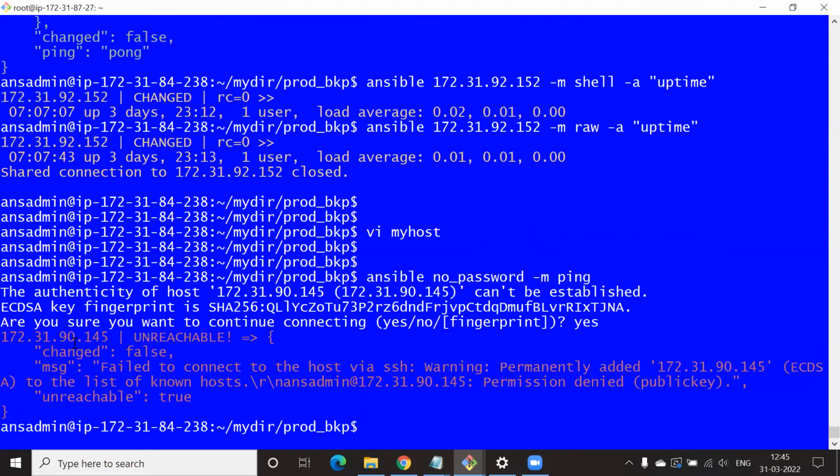Okay, I think the first time we need to give yes. Okay, so now let's see, message: failed to connect to the host, permanently added. And let's see, ansible permission denied, public key. So in other words, we have not set up the public key and the private key. Which we didn't want to either. That is the objective. Without a private key and public key, we're going to be pinging this one. So now,